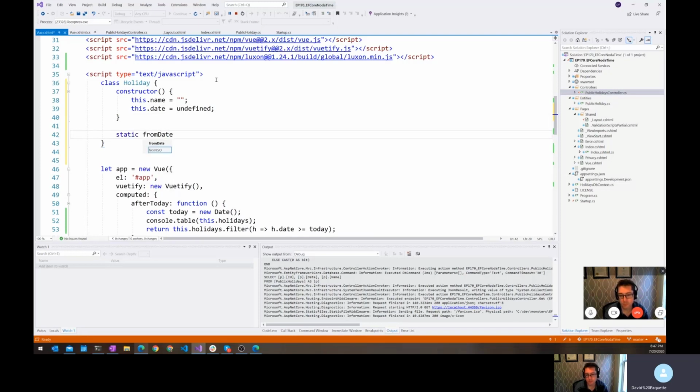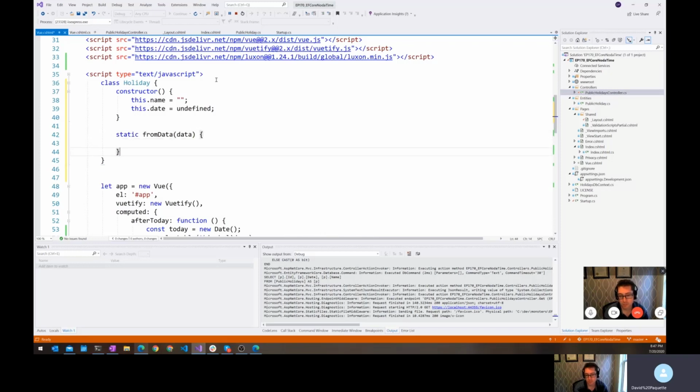Static fromData. Pass in essentially what is like the DTO, the data transfer object, the thing that just has those properties on it. And then what I'll do is I'll say const holiday equals new Holiday. I'll initialize a new instance of this class here. And then I'll say Object.assign